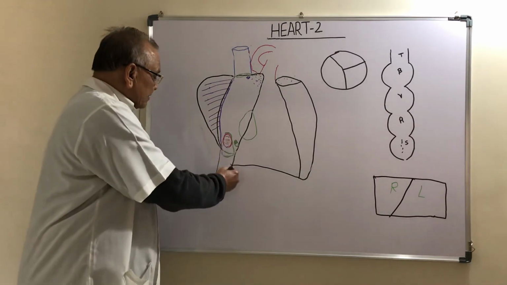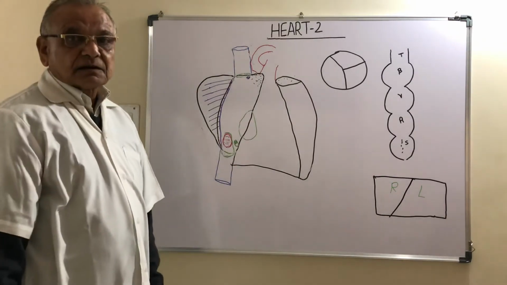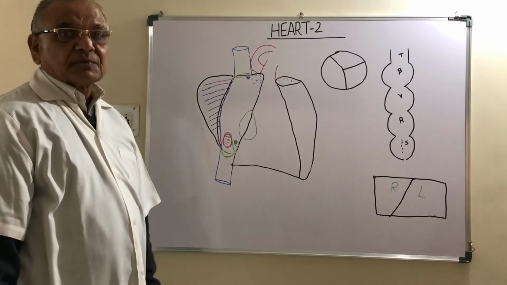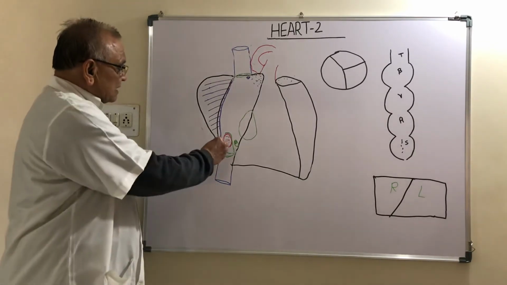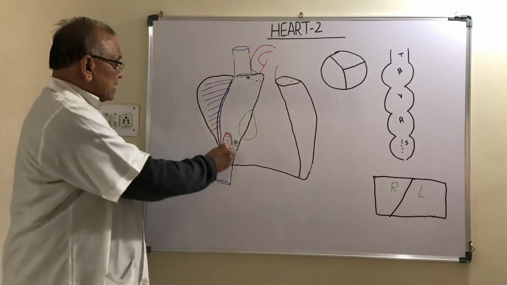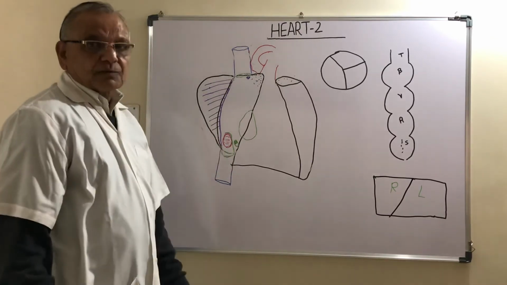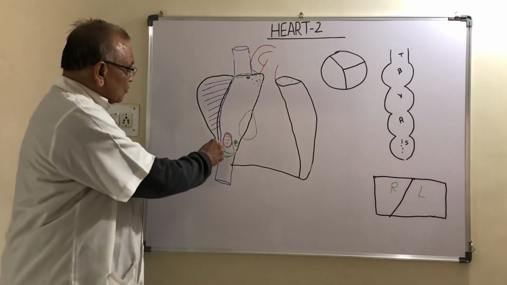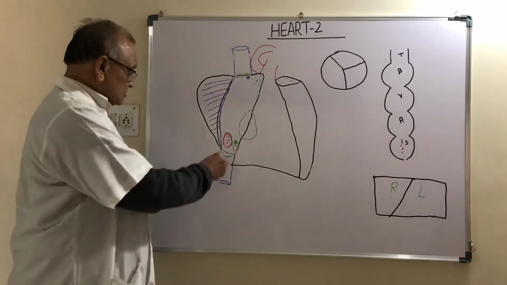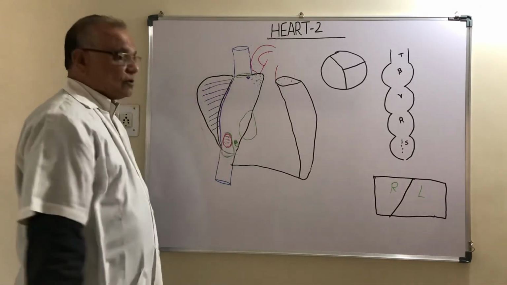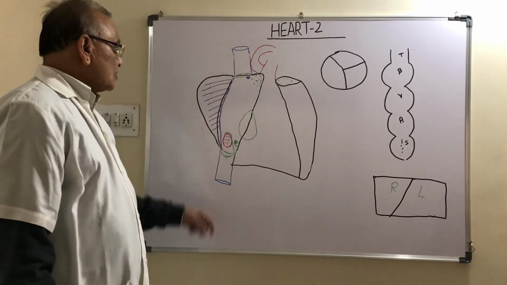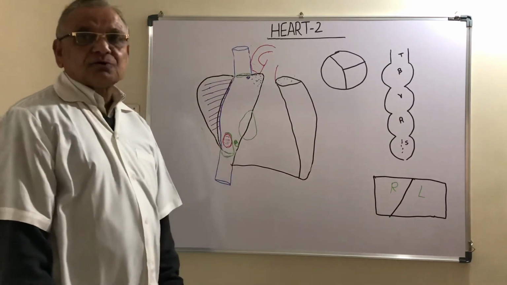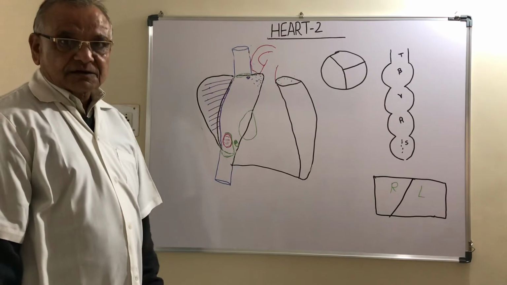Again, the inferior vena cava opens in the lower end of the posterior part. It carries deoxygenated blood from roughly below the diaphragm. It is guarded by a semilunar valve having an attached border and a free border. The attached border is attached to the wall of the inferior vena cava. The free border is free, and the meeting point of both borders is called the cornu. This is the right cornu, and this is the left cornu. The right cornu is continuous with the lower end of the crista terminalis. This valve of the inferior vena cava is prominent during fetal life and rudimentary in the adult.